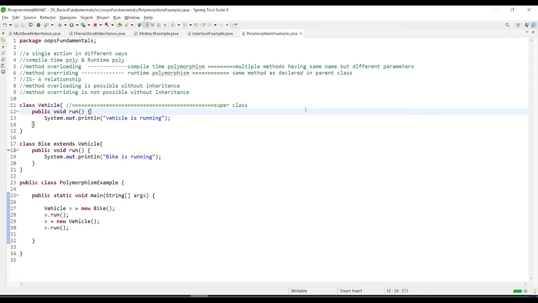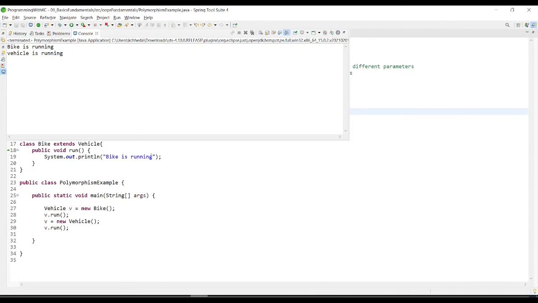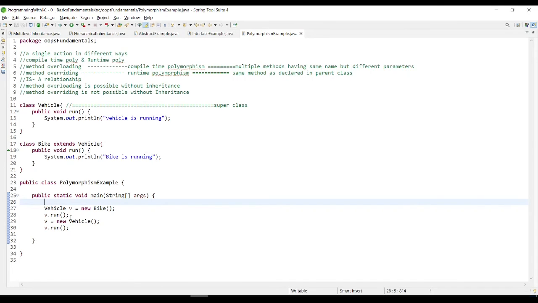Okay, so you can see the bike is running and the vehicle is running. So first your output is bike is running. Why is bike running? Because you had created this bike object. That's why bike is running.